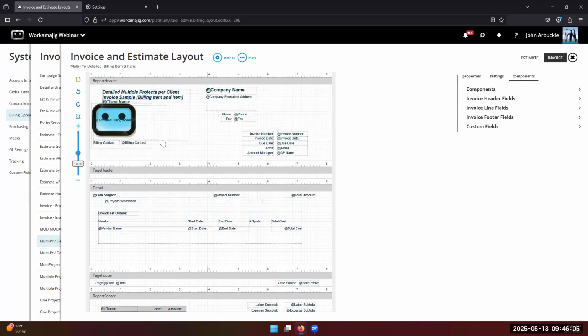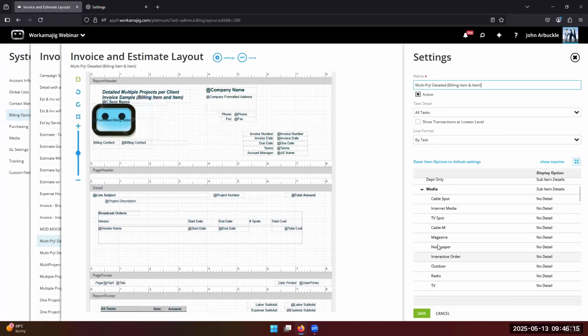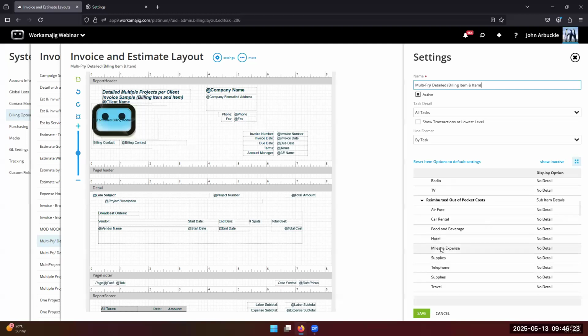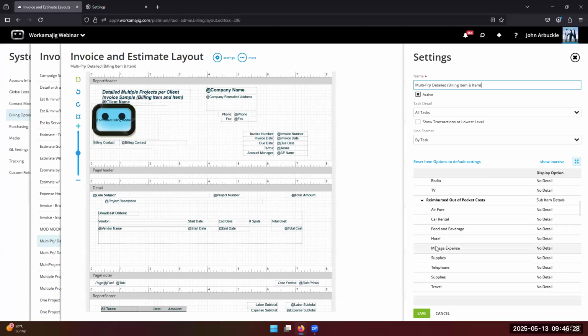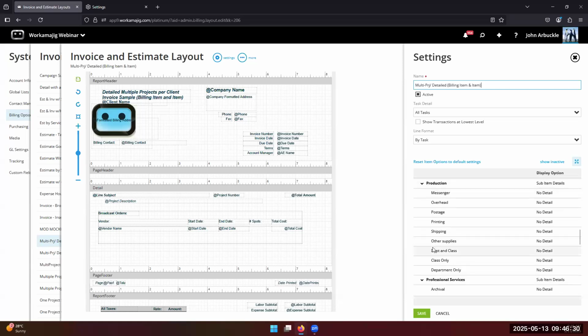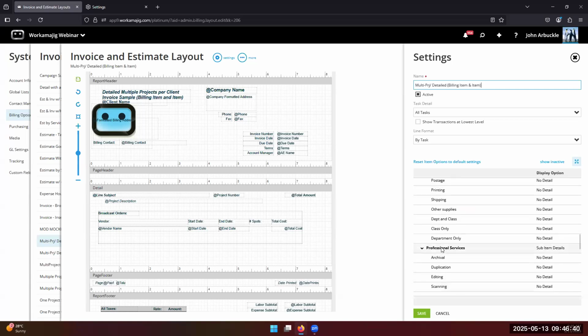There's also a combination with this to work with your billing worksheets, in that we can actually have the system group things in different ways that we can't do on the traditional template version. For example, maybe I have some freelance, which is typically an expense, but I want it to be shown under production or professional services. So if I use this particular layout, that item would fall under the classification of professional services,